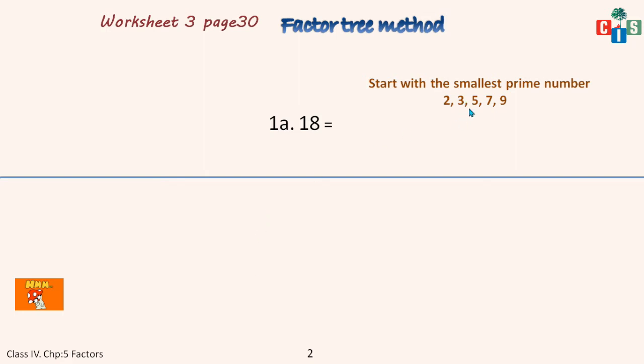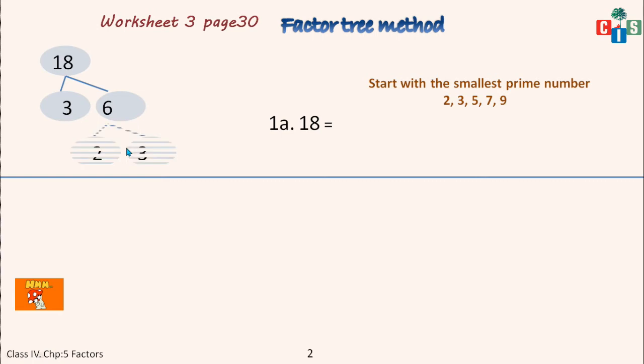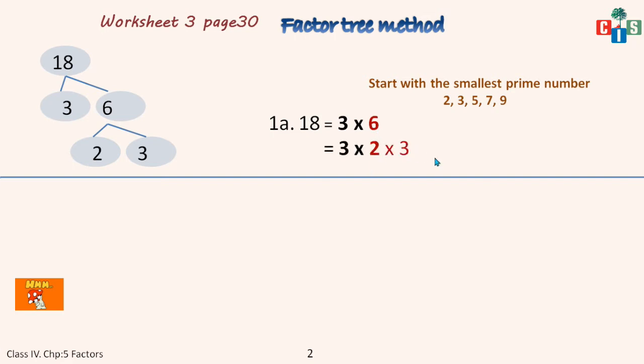Okay. So 3 here we will have 18 and 3 6s are 18. 6 we will divide it in further branches, that is 2 3s are 6. Okay. Now in the horizontal manner we will have 3 6s are 18 and 6 को break down करेंगे, 2 3s are 6. Now there is no further breakdown possible. So my sum is over. So I can say that prime factorization of 18 is 2 multiplied by 3 multiplied by 3.